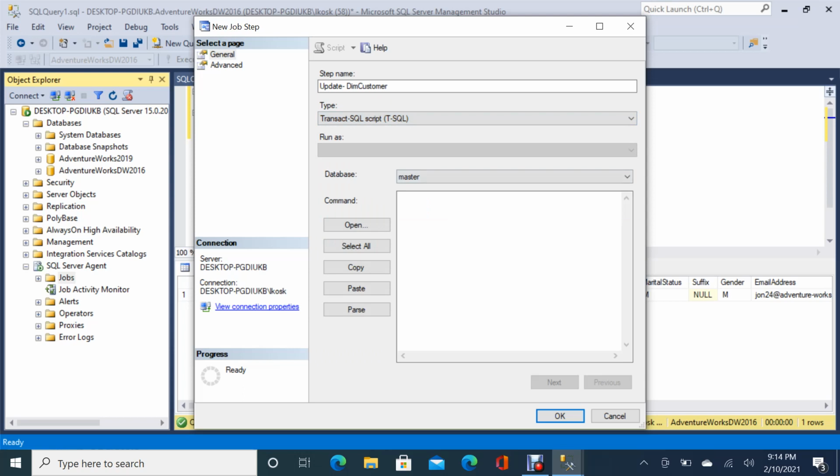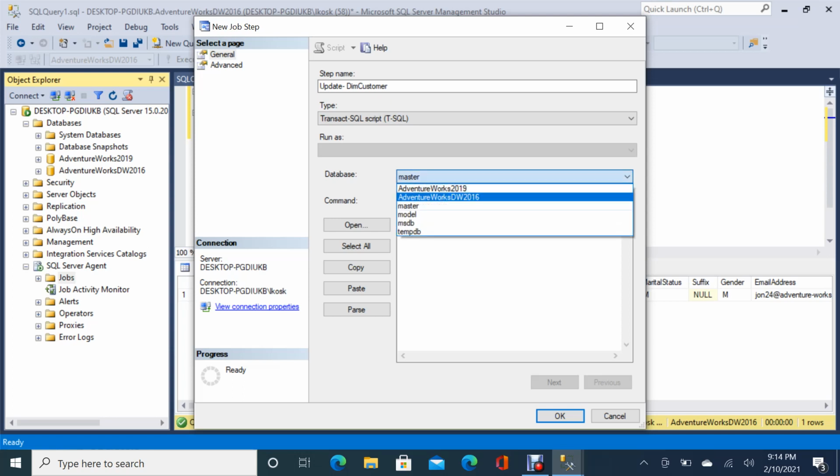Run as is very important. If you are working in a local environment, like I am working at home, I don't need to do anything. But if you are working in an organization, there is something called an impersonate account. Your DBA has to set up an account which will have all the rights to execute the commands in other environments. You can execute things in a lower environment, but in production, QA, UAT, you can't do it. The DBA cannot give his or her ID, right? So they will set up some account for you, and that will be just a name. It will automatically populate here. They know how to do this. So I will leave it blank.